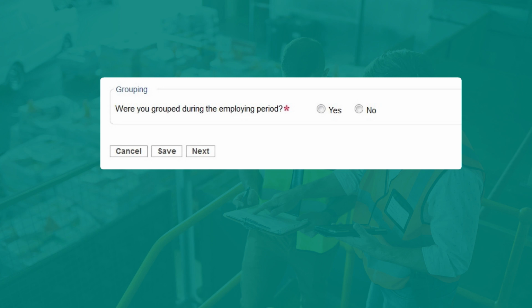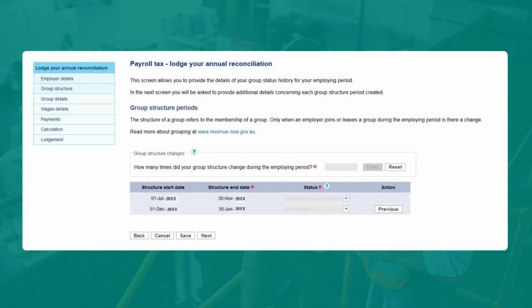If you are part of a group, you must select Yes for the grouping question. To proceed, select Next. You will be asked how many times did your group structure change during the employing period. If you had no group structure changes, you must enter 0. If there have been changes, you need to put in how many times the group structure changed, then select Enter,